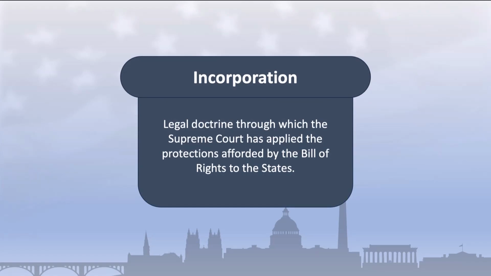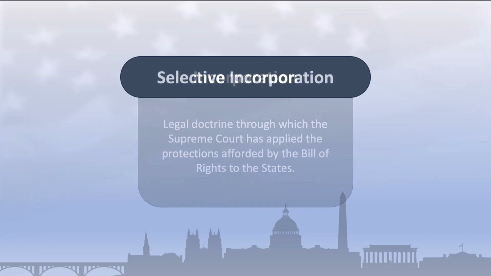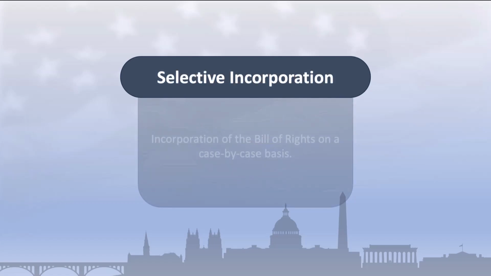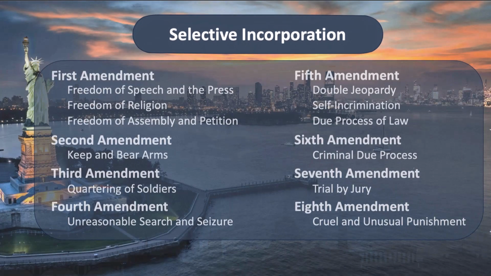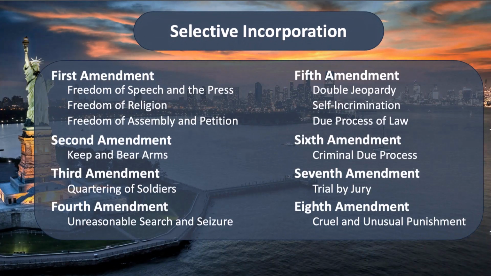The courts have generally favored a policy of selective incorporation, meaning the court has applied the protections of the Bill of Rights on a case-by-case basis rather than as a process of general or blanket incorporation, which would incorporate the entire Bill of Rights all at once. And so the selective incorporation of the Bill of Rights has proceeded gradually. The first real case incorporating a protection of the Bill of Rights was the case of Gitlow v. New York in 1925. In that case, the Supreme Court ruled that the free speech provisions of the First Amendment